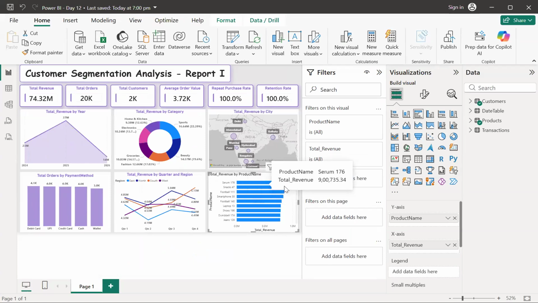whether you want to apply the filter on the entire page, or on each and every page, whatever pages you are going to create after this. Okay, so definitely, guys, I want to apply that filter on this visual only, not on any other visual and not on any other page. So what I will do, I will simply